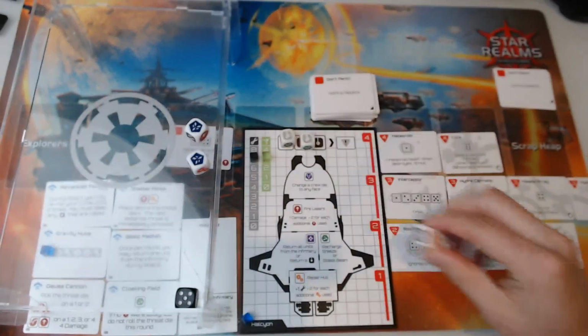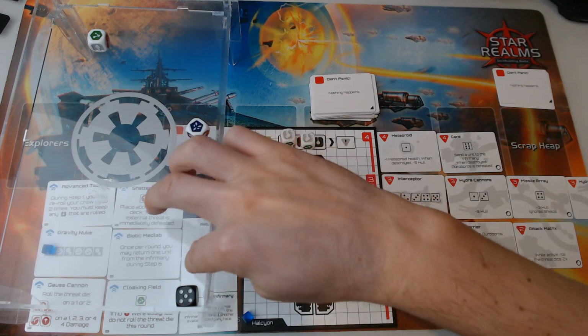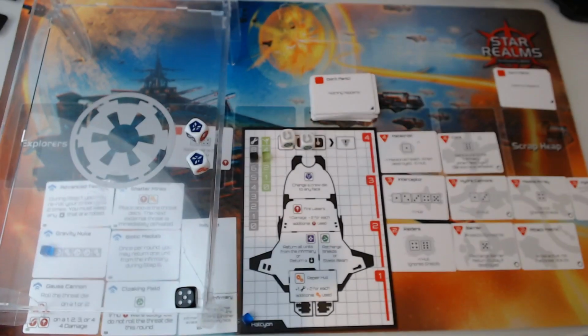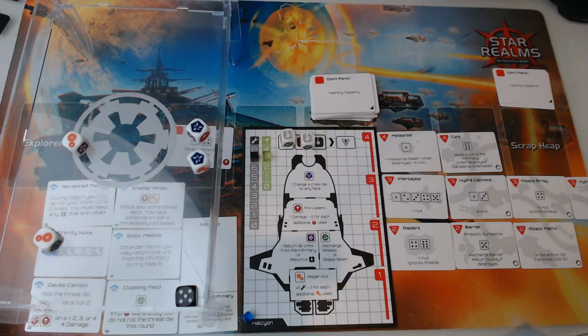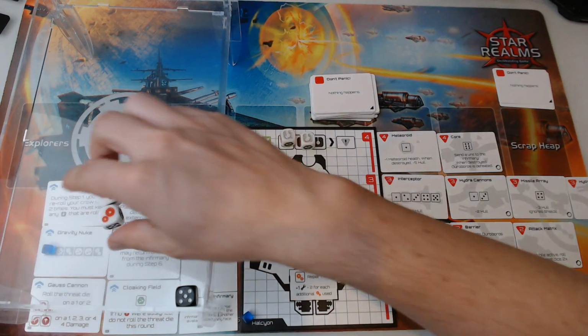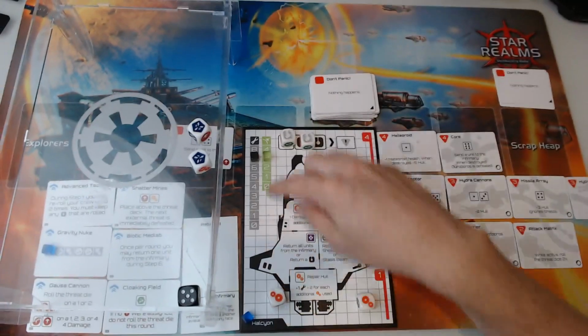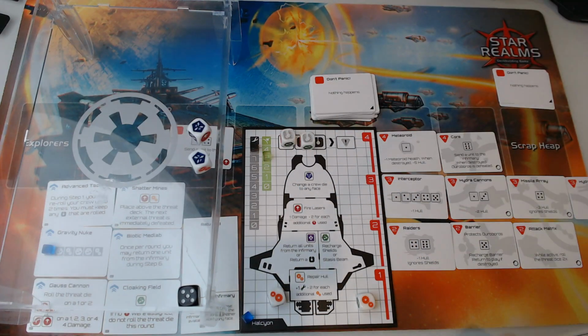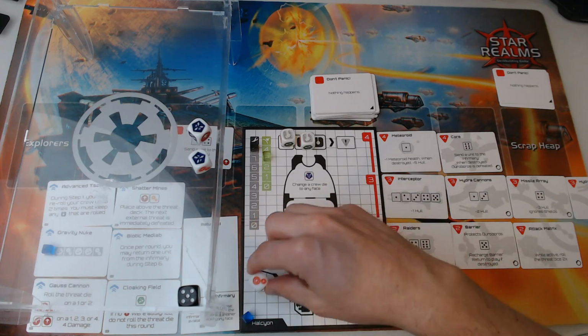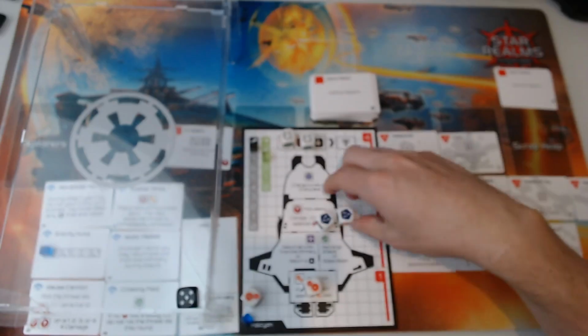Let's repair. Let's re-roll these 2 with the advanced tactics. Re-roll them again. Okay, so I will spend that engineer on repairing my hull. Probably leave this guy unassigned. These guys are going to be